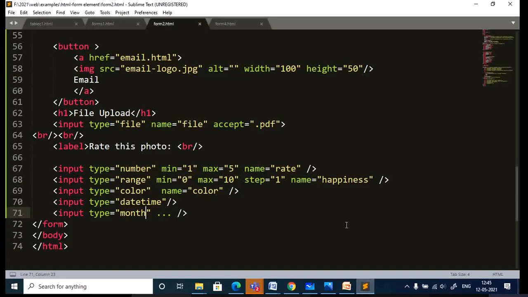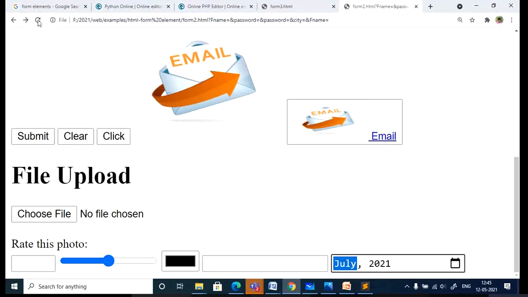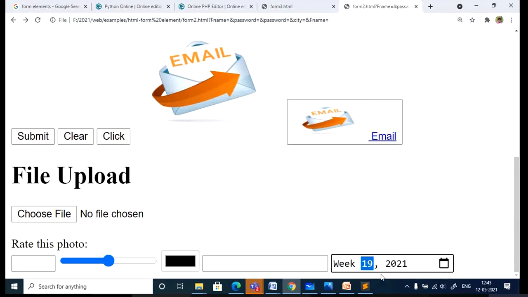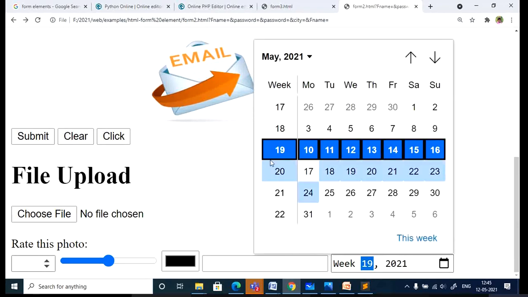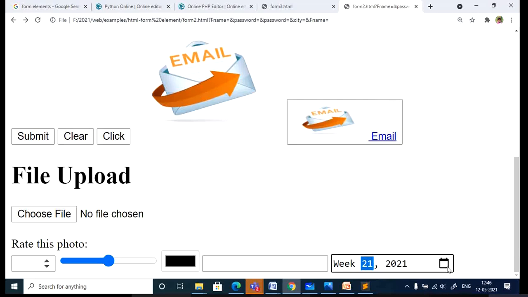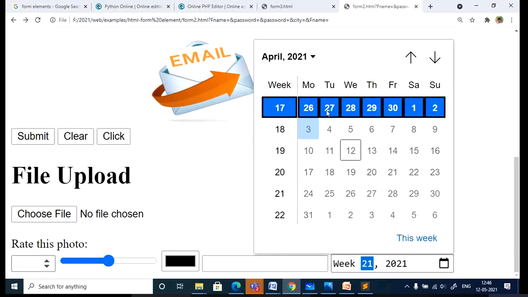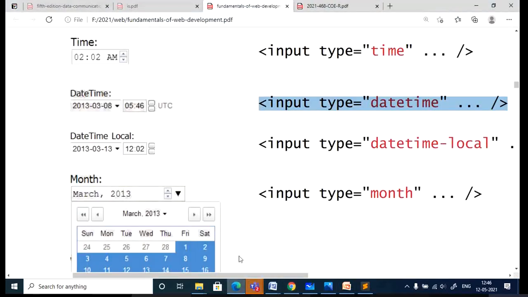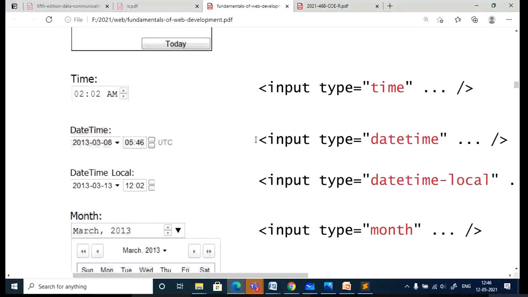If you want only the week to be selected, you can see it is going to select that particular week.